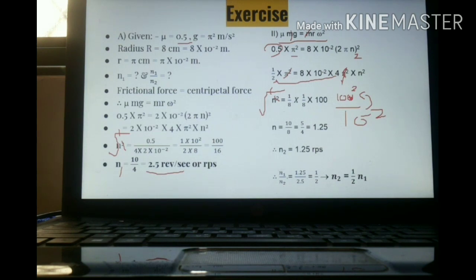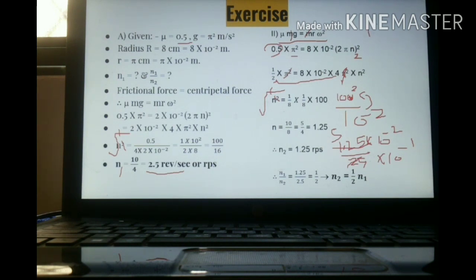Now we have to find the ratios of n1 upon n2. Over here what we can do, you can take out the decimal, it is 1.25. We can take out this decimal and represent it as 10 raised to minus 2. Again we can do the same over here, 25 into 10 raised to what? We can write it as minus 1. 25 how many times is 5? 25 5 is 125. Are you able to understand? 25 5 is 125. We have taken out the decimal.